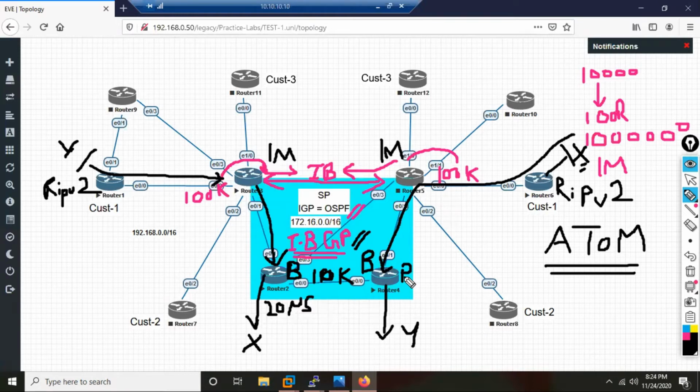Just imagine. Does the service provider now need R2 and R4 to be of the same platform as R3 and R5? No. That means the service provider can sell these devices. Because of MPLS, they will remove these devices and sell them maybe on eBay. And then they buy what? Maybe some lower end router that can handle only 10,000, or maybe your requirement is 20,000 routes, so you can just buy a 20,000 route platform router and put it in place of R2 and R4.